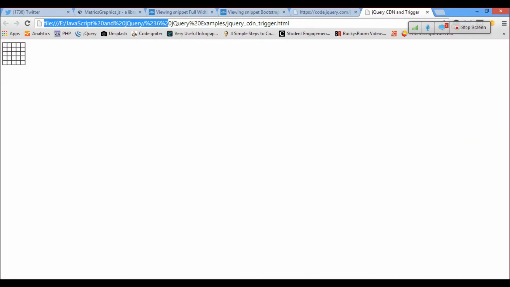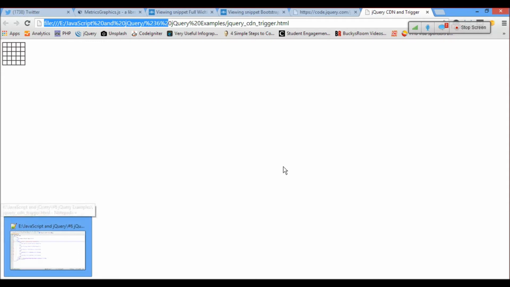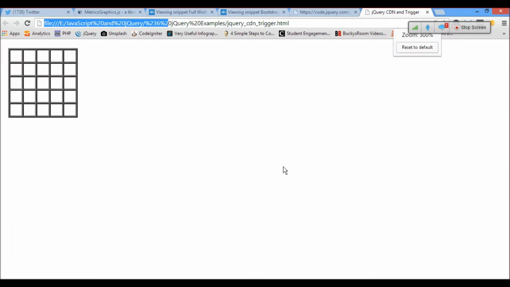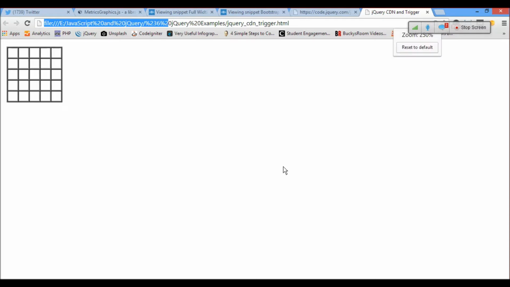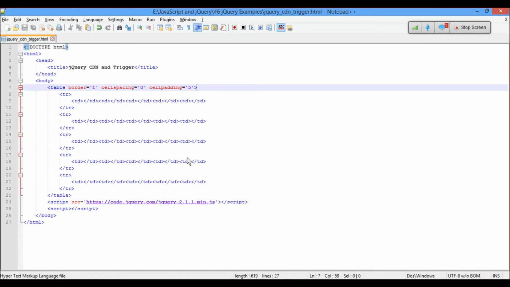So let's increase the size of the page. I hope you guys can see it. Alright, let's increase the width of the table so that it looks good.